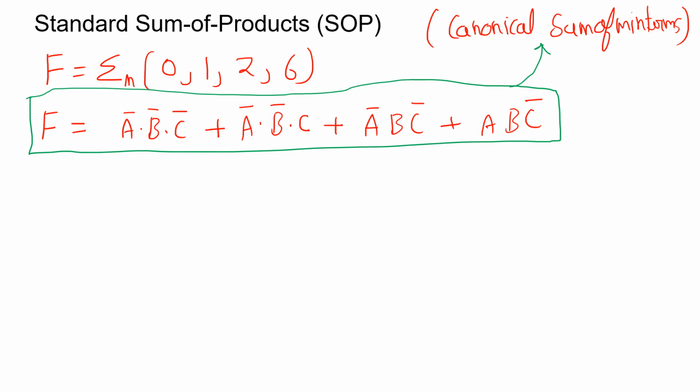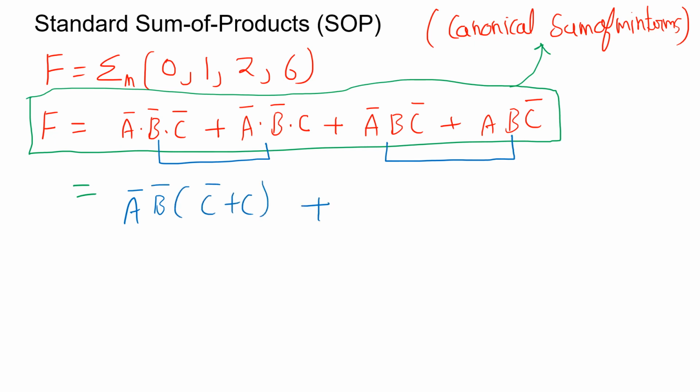Now if you will optimize it, suppose I will apply the Boolean algebra and I will try to optimize it. Then what we can do, let me take these two together. So let me take different color. Let me take these two together, and can we take these two together? Yes, we can take. So let me take these two. So here a bar and b bar will be common, so you'll get c bar plus c, and in this place what is the common? It's b c bar is common, so you'll get a bar plus a over there.